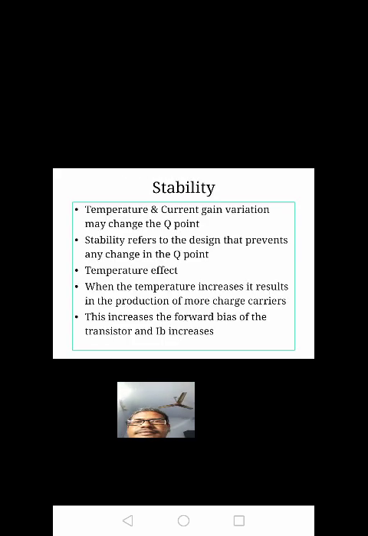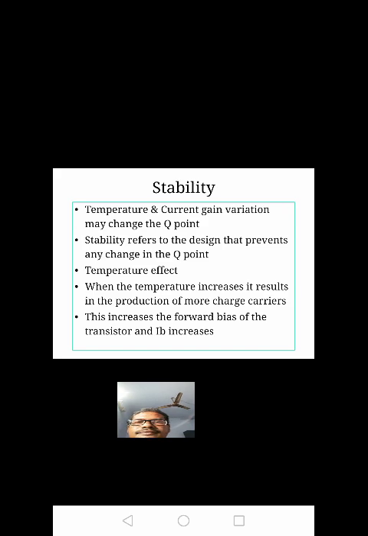Here the two values are substituted in the above equation. You will get IC is equal to beta into IB plus (1 plus beta) into ICBO. That is IC is equal to beta into IB plus ICEO, where ICEO is equal to (1 plus beta) into ICBO. The final formula is IC is equal to beta into IB plus ICEO. ICEO should be very small, that's why finally we conclude that IC is equal to beta into IB. In most cases, this formula we are using.